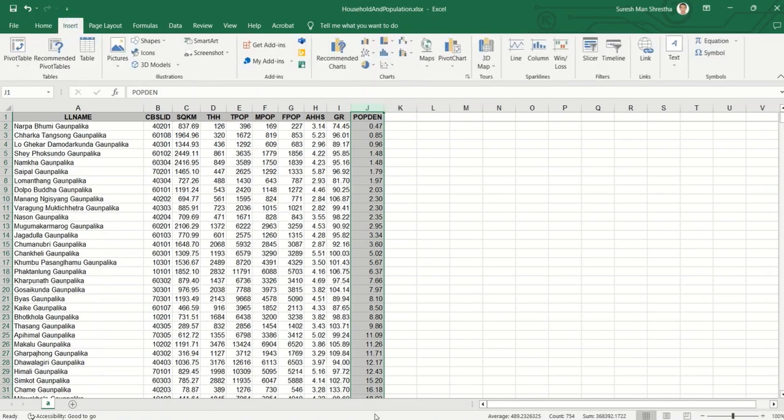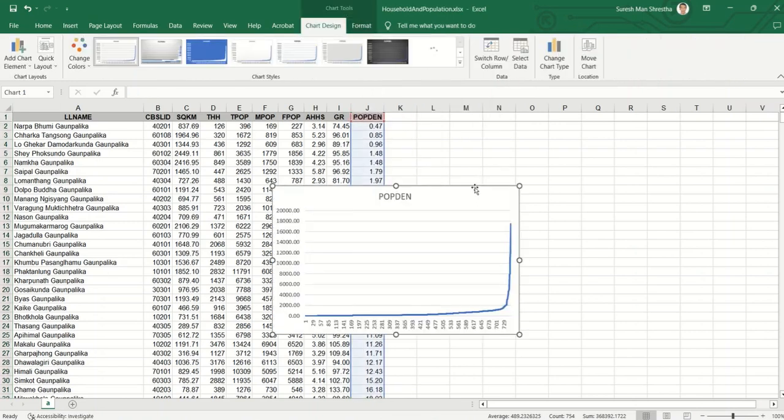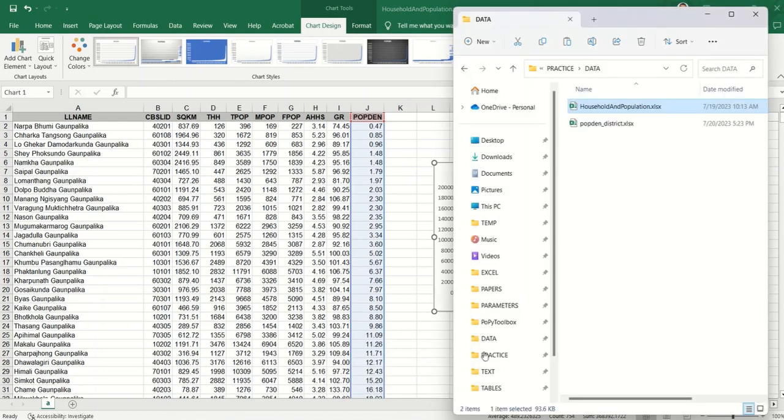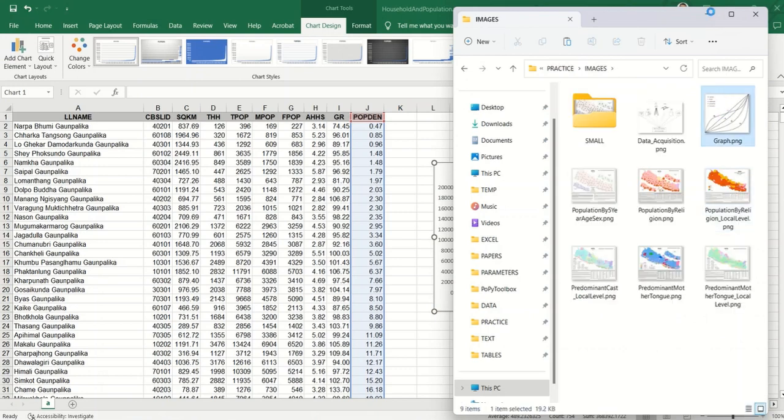This is useful for later on when we are classifying the local level units on the basis of population density for mapping purpose. So let us see this graph. The appearance of this graph looks something like this. It is more close to the standard harmonic or geometric